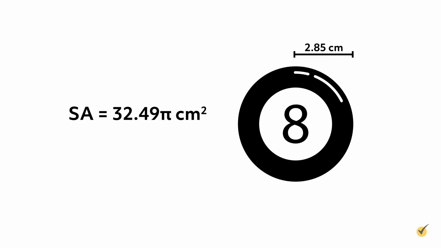Then we can find our very close approximation value by multiplying by pi on our calculator. So our surface area is approximately equal to 102.07 centimeters squared. Our answer is a little bit more than 100 square centimeters. Remember that surface area is a measure of two-dimensional area, so our units need to be square units just like the squares on our graph paper.